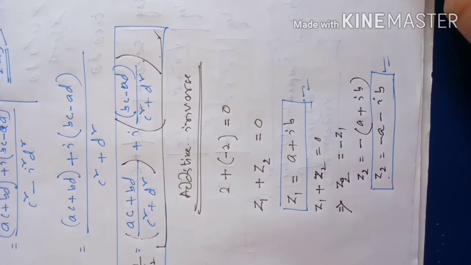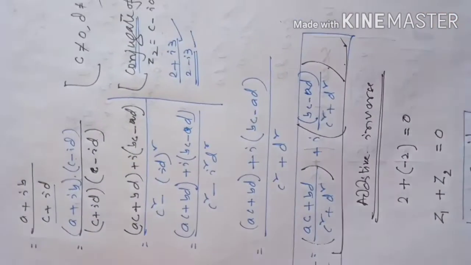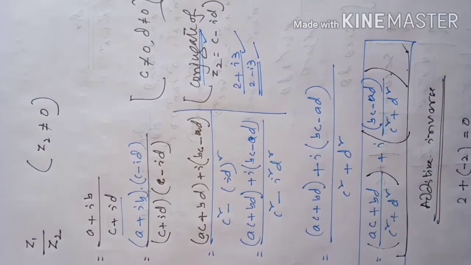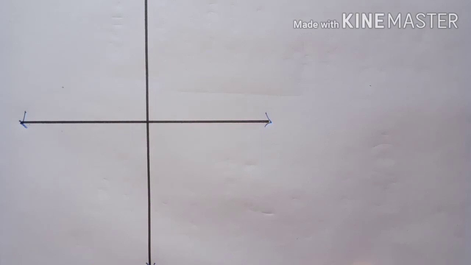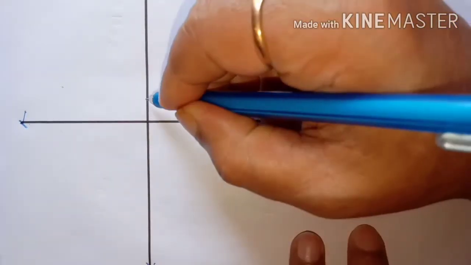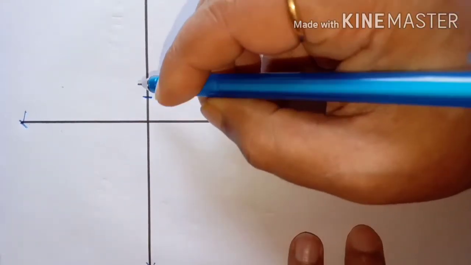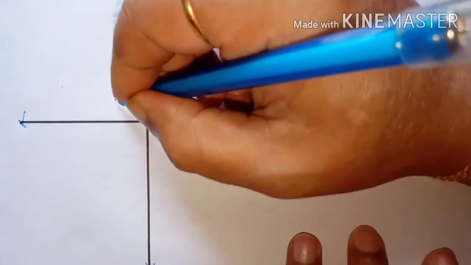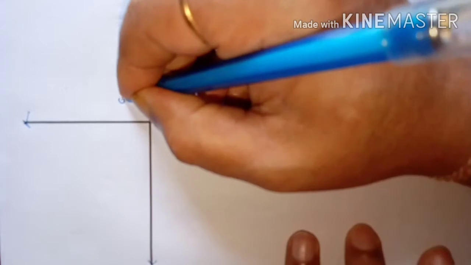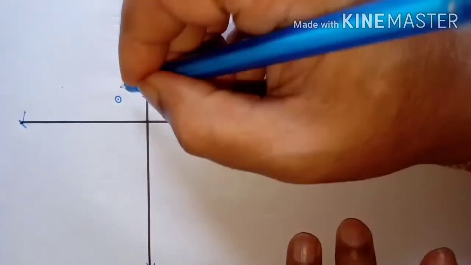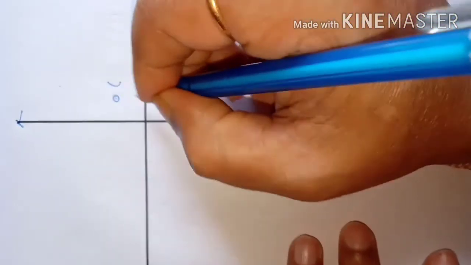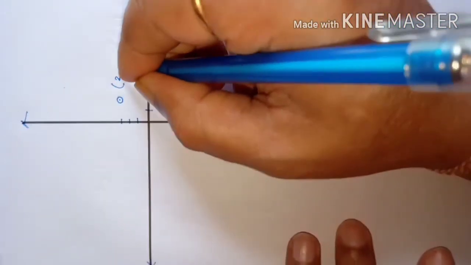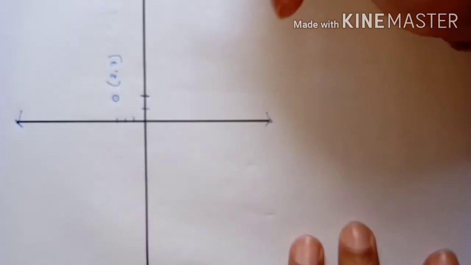Just before, in the previous explanation, I was talking about the conjugate of a complex number. What is the conjugate of a complex number? Once again, let me tell you. Dear students, you recall we represent real numbers in a plane called the Cartesian plane. By every point of the plane, we represent an ordered pair of numbers. Say suppose I write here 1, 2, 3. So this is (2, 3), an ordered pair of numbers.